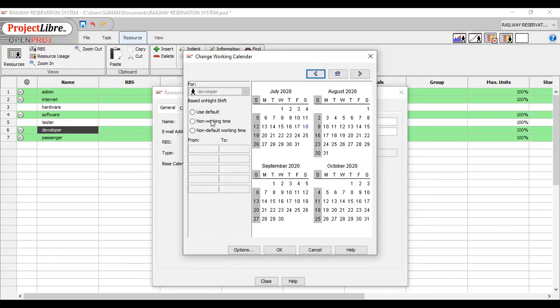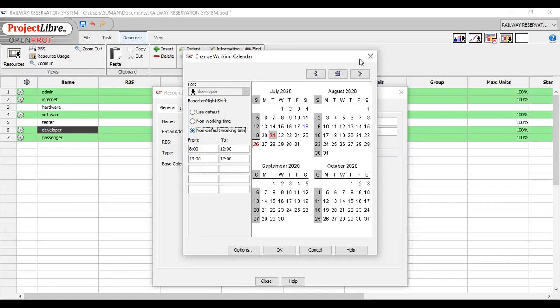Suppose I want the 21st of July to be a non-working day. So for developer, now the 21st is a holiday, and if I choose the 26th as a non-default working time, now for this developer, the 26th, which is a Sunday and was already a non-working day, is now a working day.